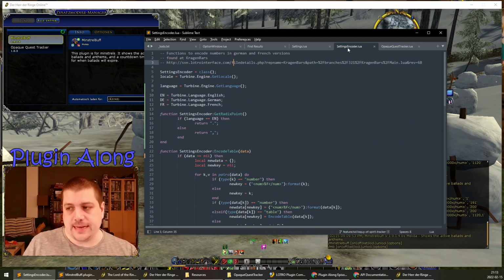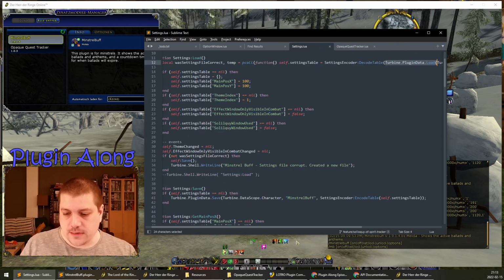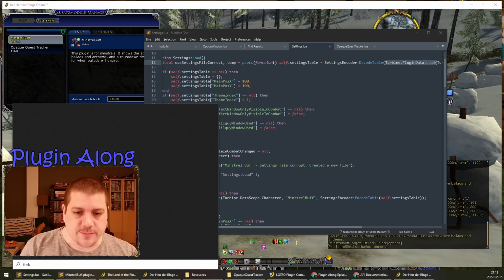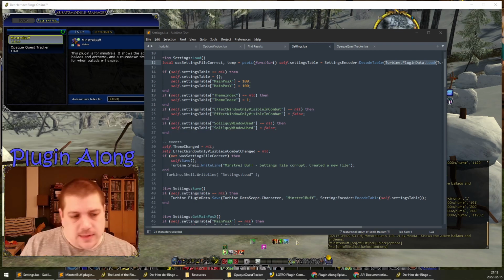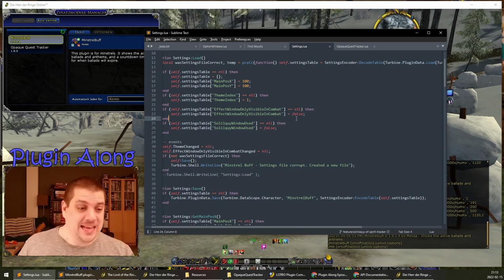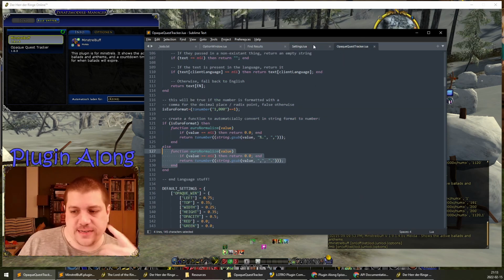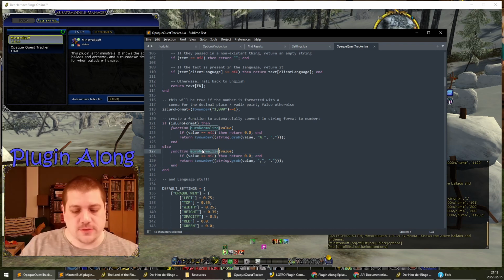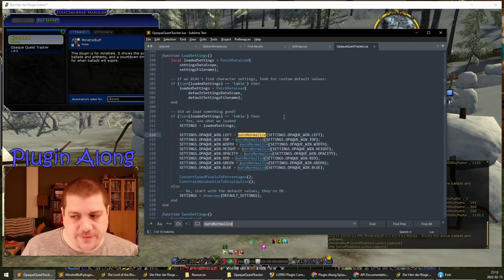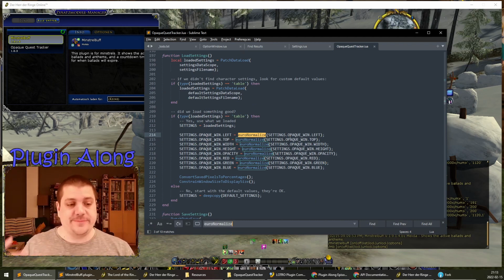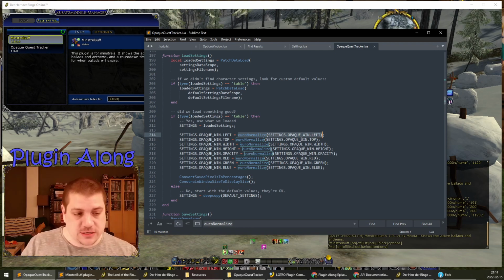So what we would do instead is say, no, we're going to go back to our source control. I'm going to bring up Fork, and while that's working in the background, among all the other things that are working in the background, good thing I'm not trying to move on any of these clients, we're going to go ahead and revisit Opaque Quest Tracker. So Opaque Quest Tracker has a Euro normalize function, and how do we use that? Whenever we pull in a number from a file that we think is a decimal number, we're going to go ahead and call Euro normalize on it, and that's going to make sure